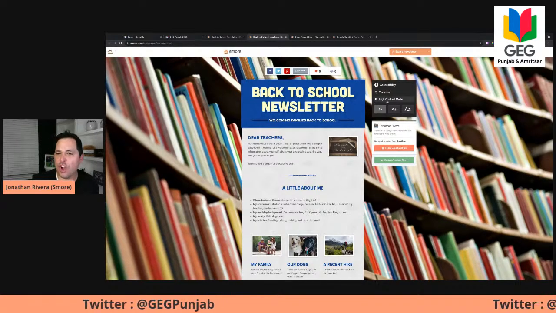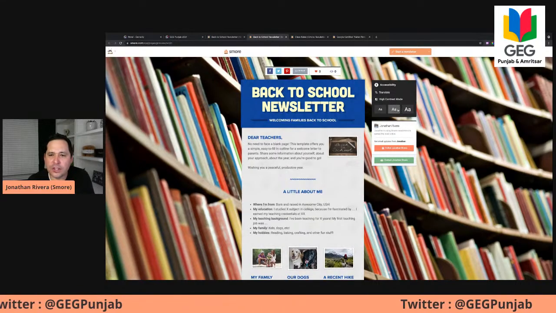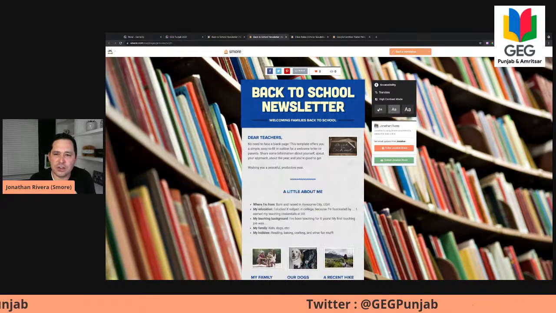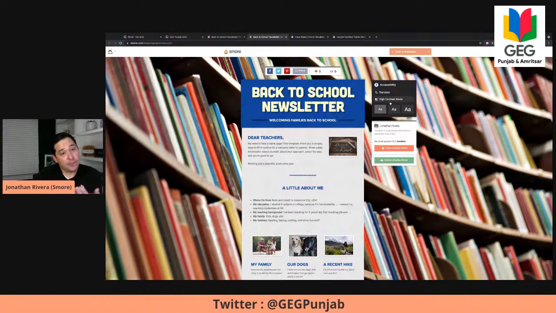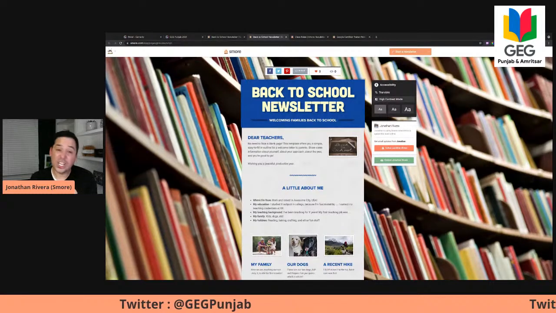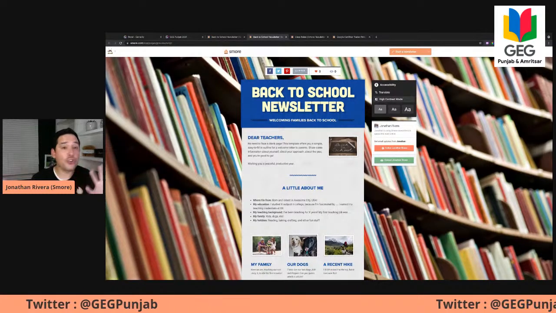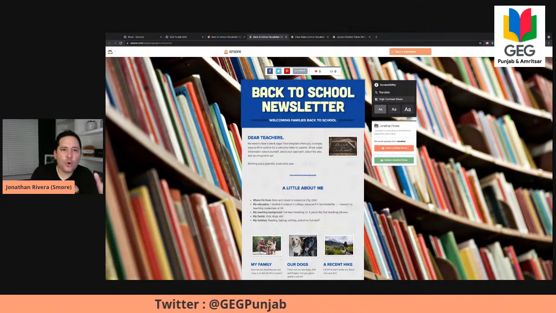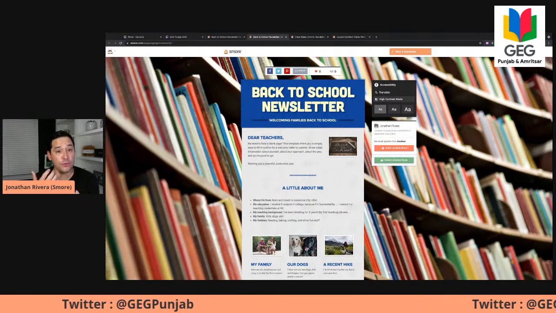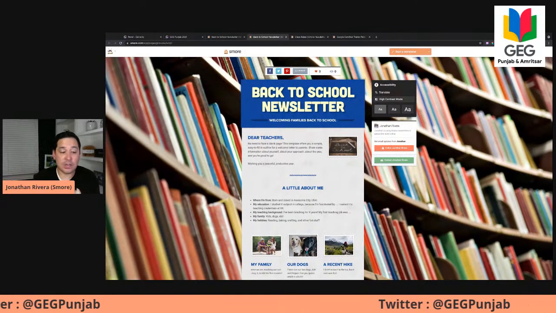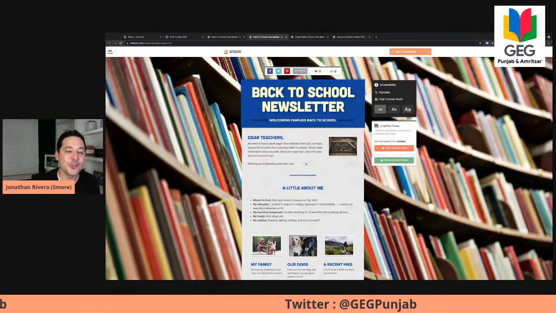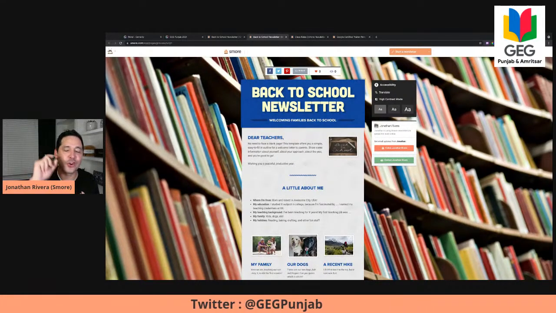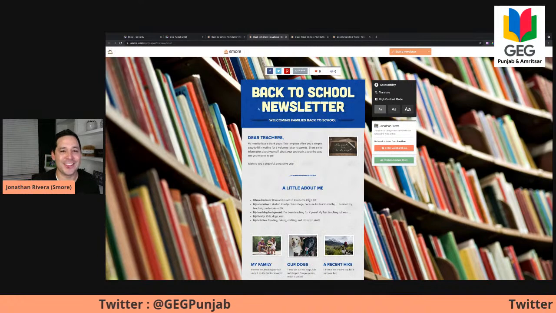So there's also a high contrast mode, and you can also kind of blow up the text here. This is really helpful if you're reading on a mobile device. And all SMORE newsletters are mobile ready. It looks beautiful and is automatically formatted for mobile devices. So whether they open it on the desktop like we're doing here, or from their mobile device, it's going to look, again, I keep using this word, beautiful. It's going to look great there.